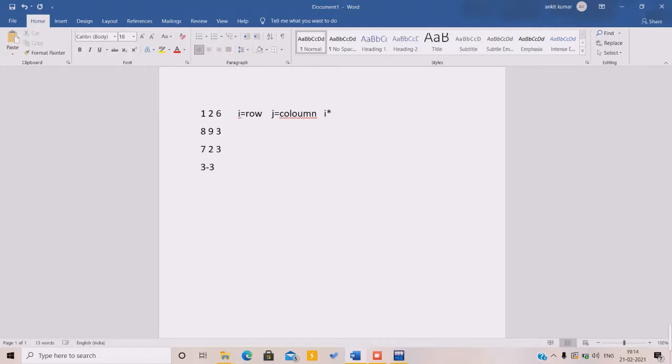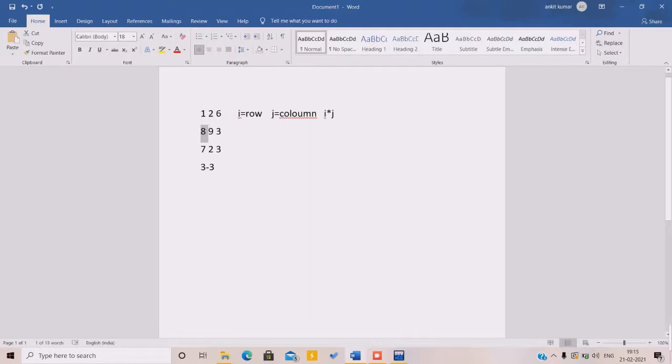So first we take input from the user to make the matrix, then we display the matrix, and in the last we search for a specific element. Like think about it, this is a 3x3 matrix, a square matrix, and we have to search whether the number 8 is available in this matrix or not. So for this purpose we use an algorithm to search for an element in a matrix.